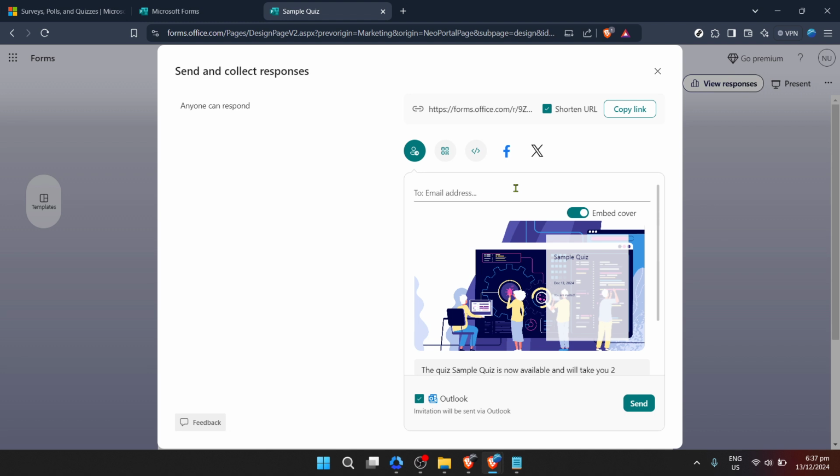To wrap up, it's worth noting that while the focus today is on shortening URLs within Microsoft Forms, there are other link shortening services out there. However, utilizing the built-in feature keeps your data within the Microsoft ecosystem, which might be preferable for privacy and data security reasons. I hope this tutorial was helpful and that you feel more confident in managing and sharing your Microsoft